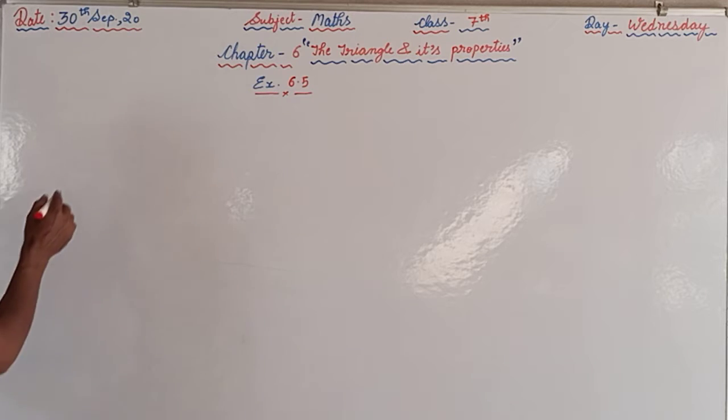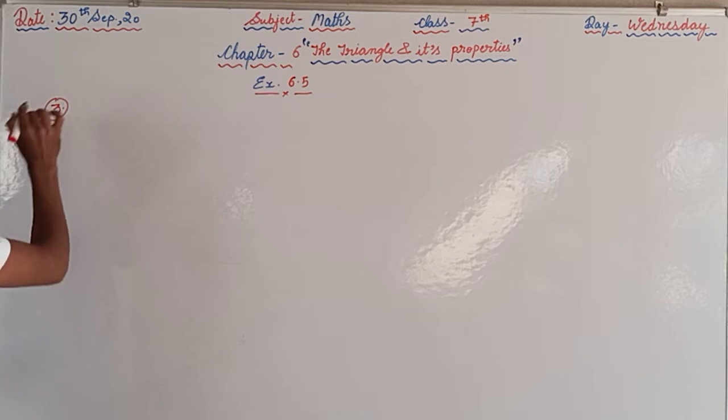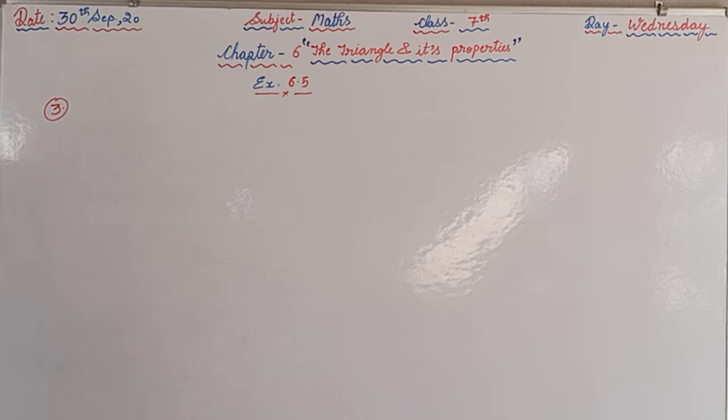In question number 3 the figure is given. First of all, we will read the question from the book, and as I told you previously, whenever you are watching the video, you should have your textbooks with you so that you can also read the questions and get the information given in the question. So we will read the question: a 15-meter long ladder reached a window 12 meters high from the ground. On placing it against a wall at a distance A, find the distance of the foot of the ladder from the wall.